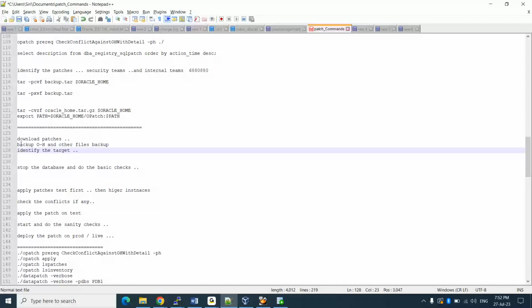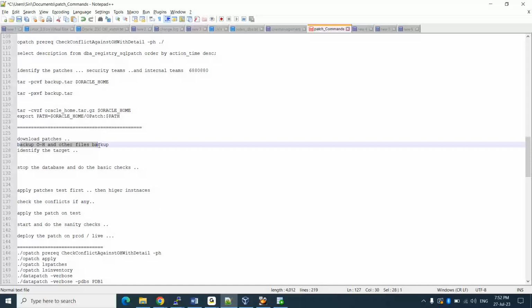Okay, it is not necessary every time for normal patches to take the Oracle home backups, but it is recommended and the best way when you are applying quarterly patches. Quarterly means every 3 months they will release the quarterly patches, right? So you need to apply those. As and when you are going with the quarterly patches, you need to take the Oracle home backup and other files backup. Why? Because if anything happens while you are applying the patch and it is not successfully applied,